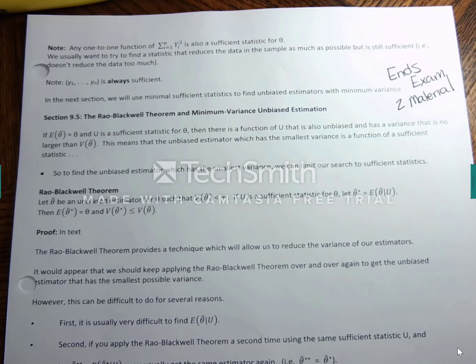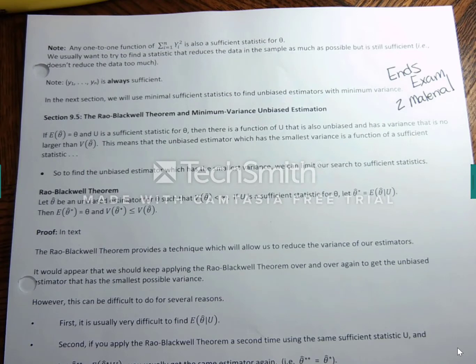In this video, we're going to look at section 9.5, which looks at the Rao-Blackwell theorem and minimum variance unbiased estimation. Alright, so if the expected value of theta hat equals theta, and u is a sufficient statistic for theta, then there is a function of u that is also unbiased and has variance that is no larger than the variance of theta hat. What this means is that the unbiased estimator, which has the smallest variance, is a function